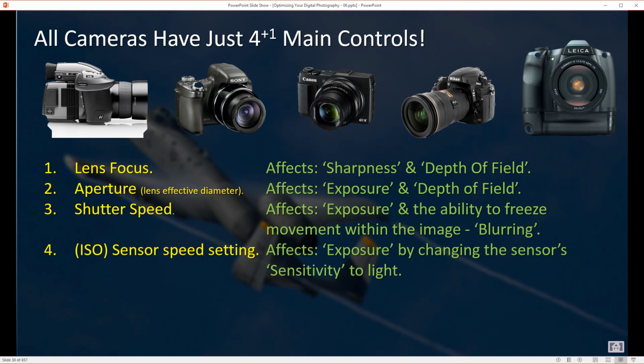We have a thing called ISO, and this is to do with the sensor speed setting. In the old days it would be the film rating, the speed of the film, but now we can actually adjust the sensor sensitivity, and again this affects exposure. And by changing the sensor's sensitivity to light, we can then apply different apertures and shutter speeds depending on the ambient lighting conditions. So those are the main 4